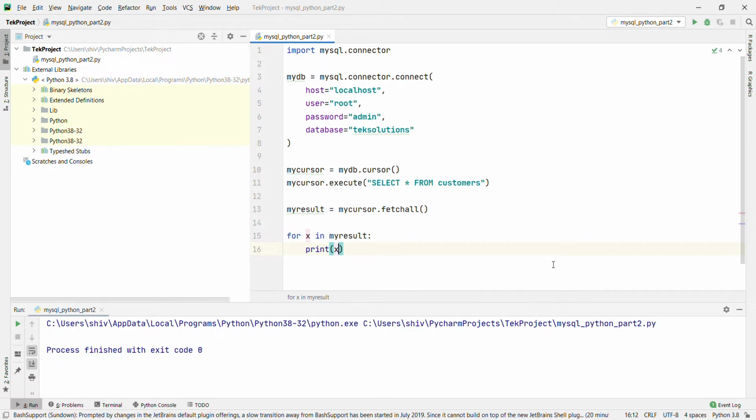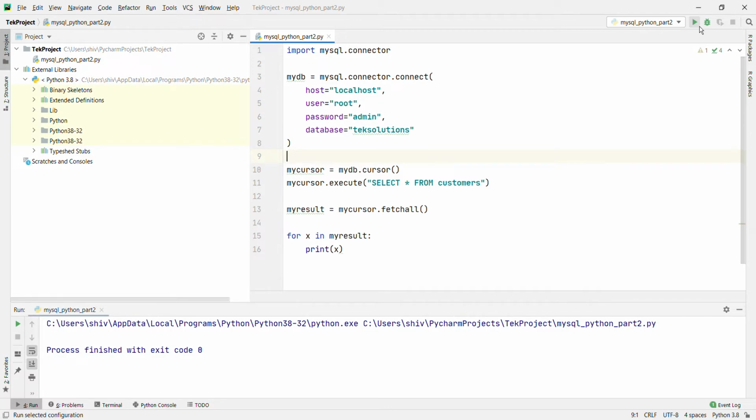Okay, what it will do, it will get all the results from this table, and we are going to print them using the for loop one by one. We are going to use the fetchall method, which fetches all the rows from the last executed statement. Okay, let's run and see what will be the output.